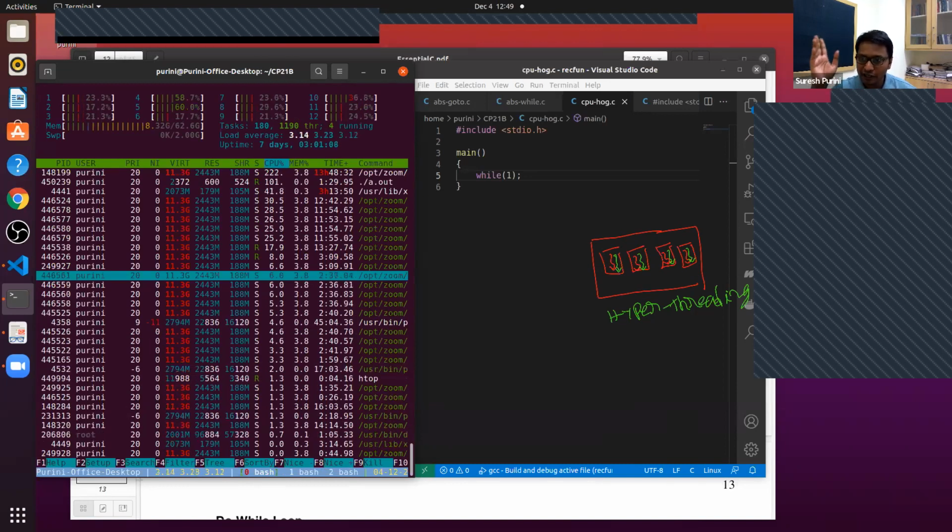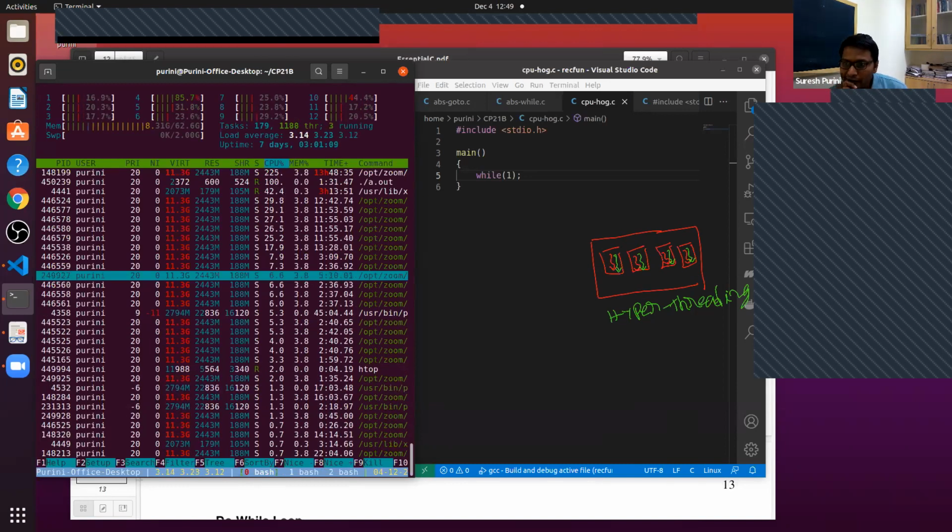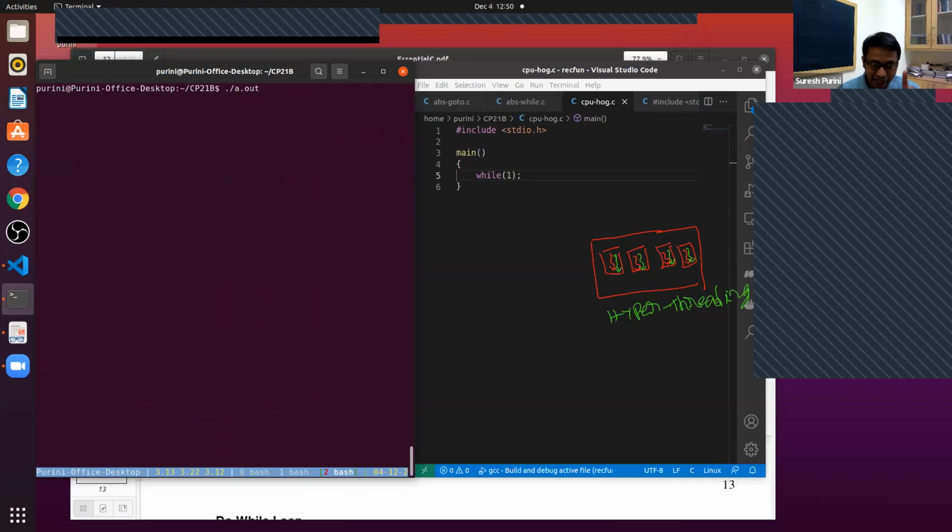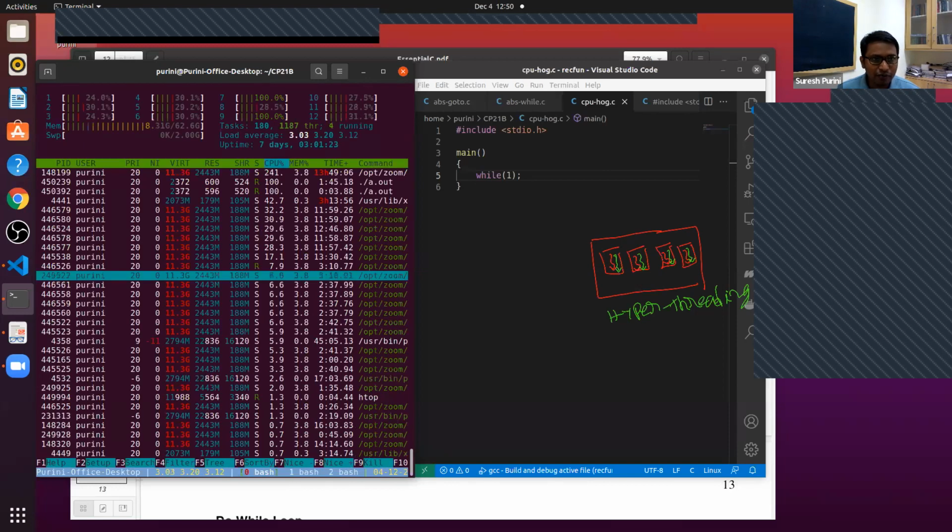Are you all with me there? Now I am running a second instance of my program, a.out. Now you can see there are 2 cores which are 100% busy. Yes or no? 7 and 9 cores, 7 and 9.